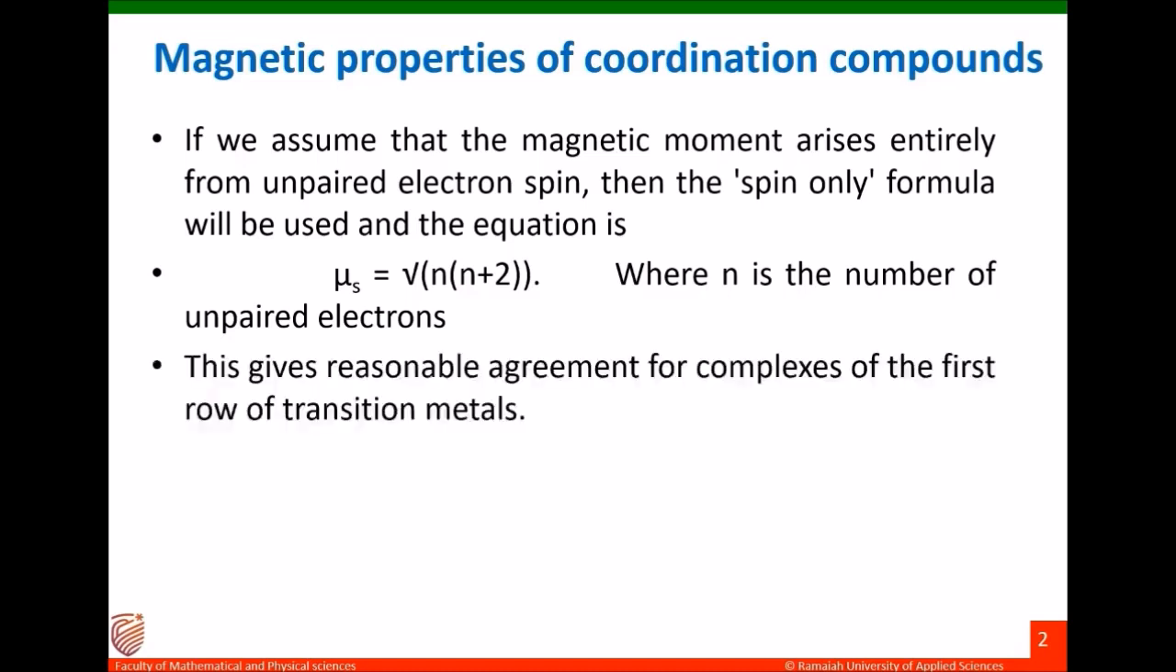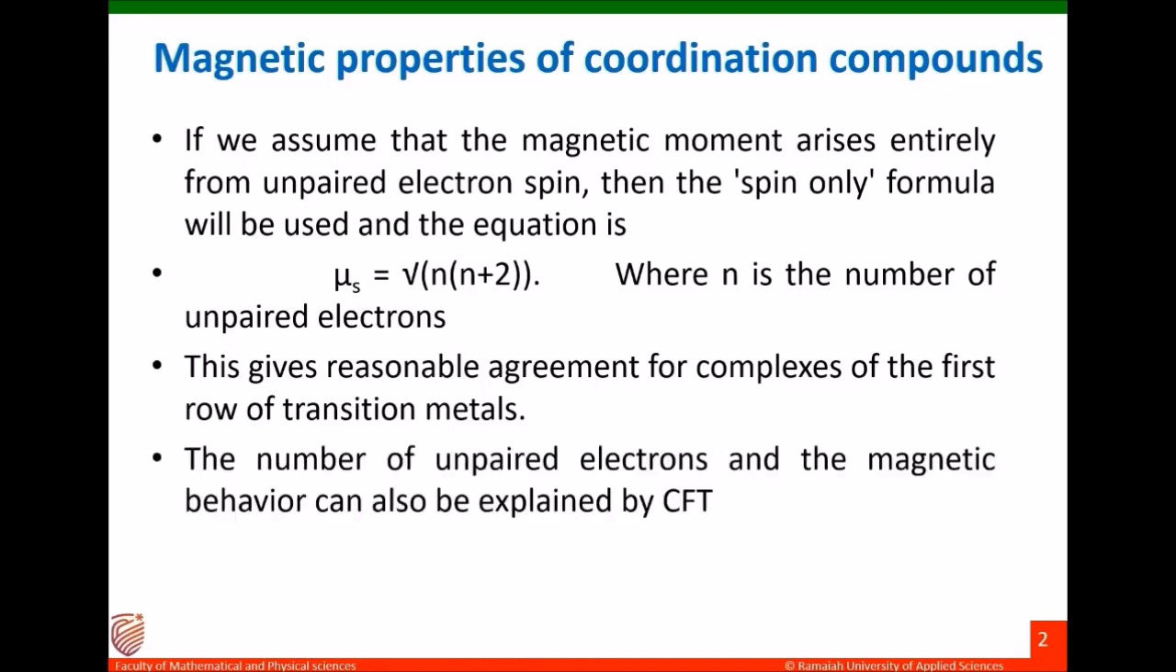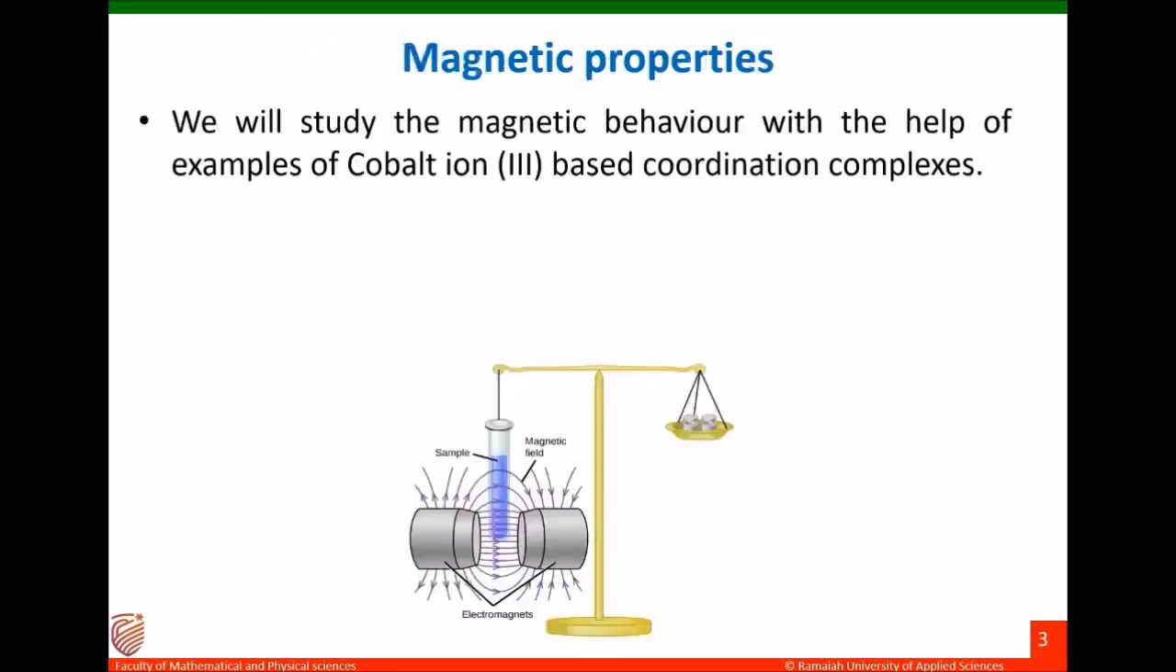This gives reasonable agreement for the complexes of the first row transition metals. So this equation is mainly valid for the d block elements, especially in the first row of transition metals. In second row and third row, there will be a large deviation between the experimental value and the calculated value of the magnetic moment. The number of unpaired electrons and the magnetic behavior can be explained with the help of crystal field theory. We will study the magnetic behavior with the help of examples of cobalt 3 plus based coordination complexes. For example,